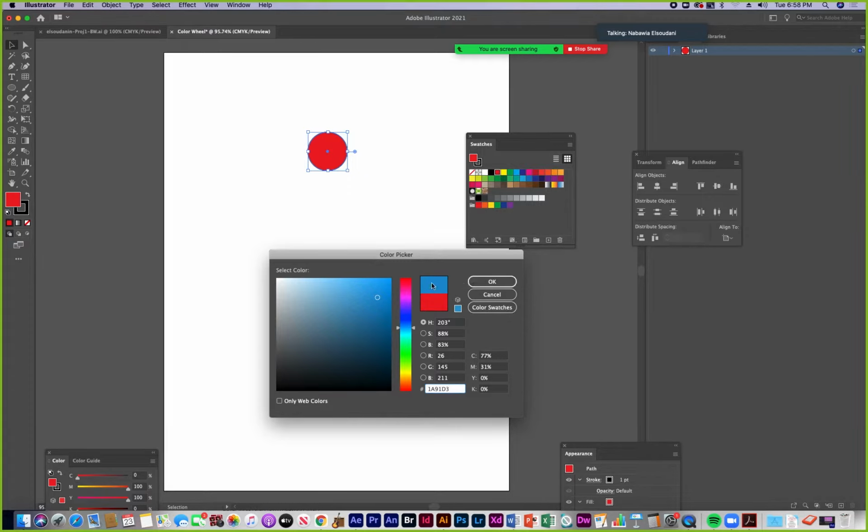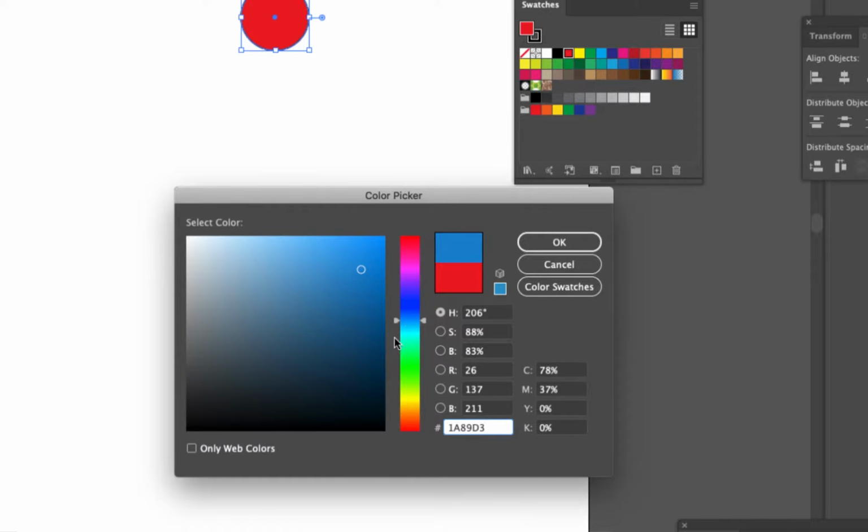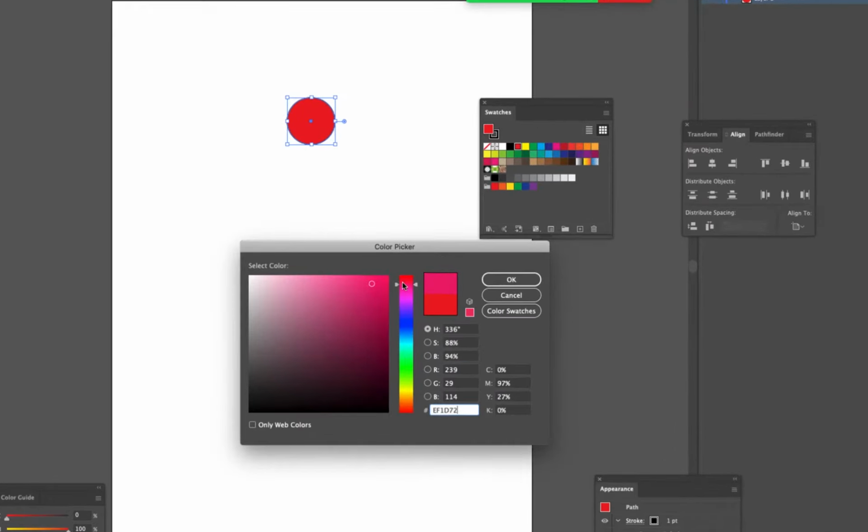So like this blue might not be a real blue. It might end up being more like an aqua or something else, like a blue green. So just be aware. Although if I'm away from the green and away from the violet, I'm pretty sure all of this is blue when I'm along the hue slider. So it helps to choose color along the hue slider so you're safe. Like that. Now I know as long as I'm up here, I'm in the red zone.